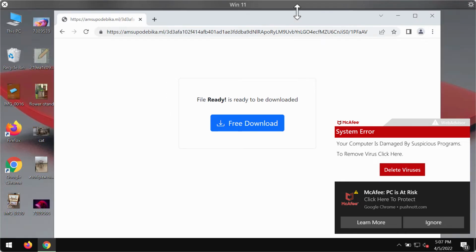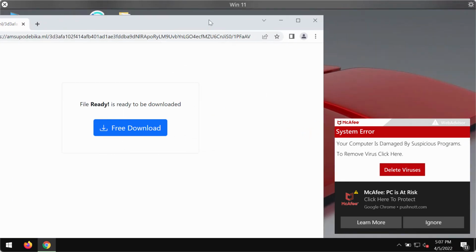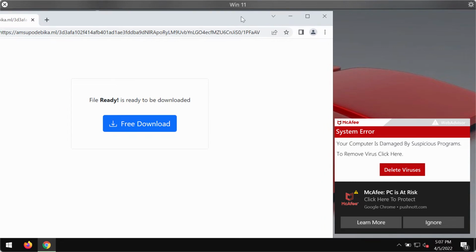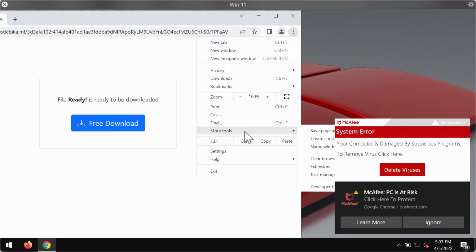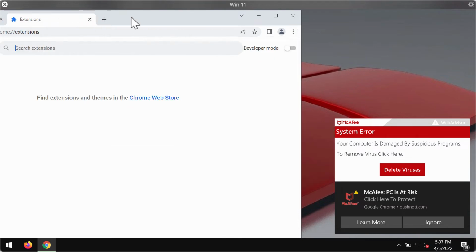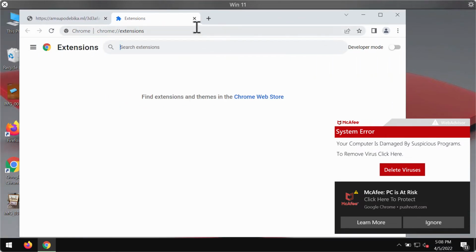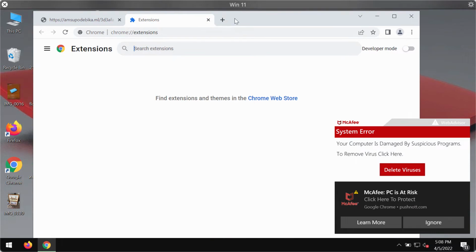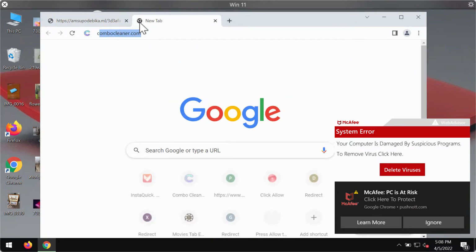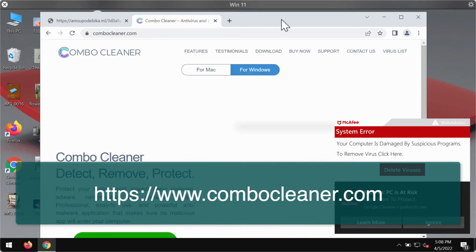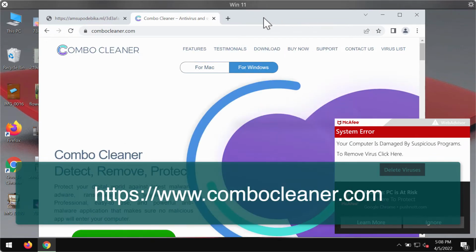Also, sometimes the unusual browser behavior may be explained by certain unwanted browser extensions, so you should carefully check the list of your browser extensions by going to the menu, More Tools, Extensions, then disable and delete any third-party extensions if you find them. To make sure that your computer is free of other threats, I do recommend researching it